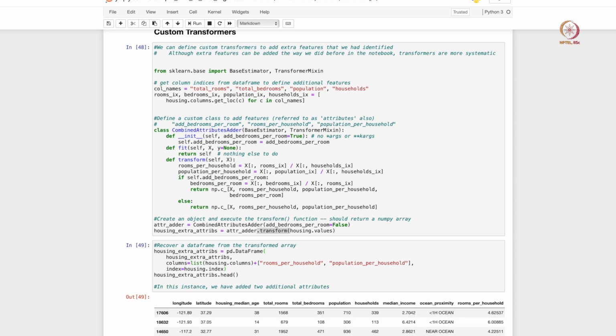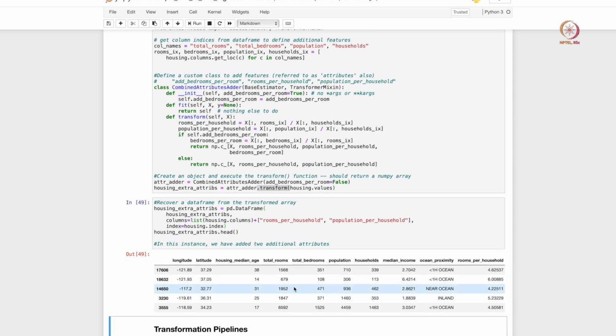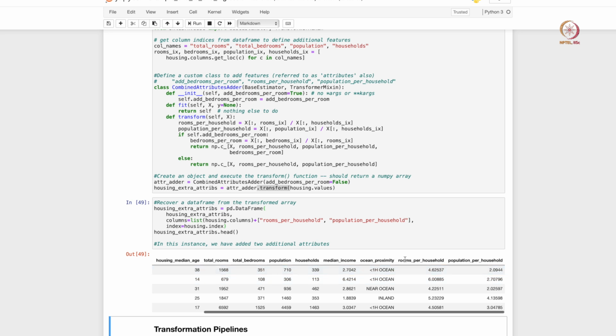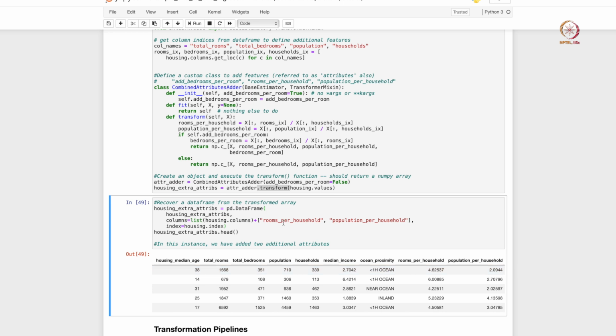So let us see whether everything worked correctly. If you now look at your new transformed housing data set, you see that 2 new attributes have been added: the rooms per household and population per household. Now you may be wondering why we didn't add bedrooms per room.